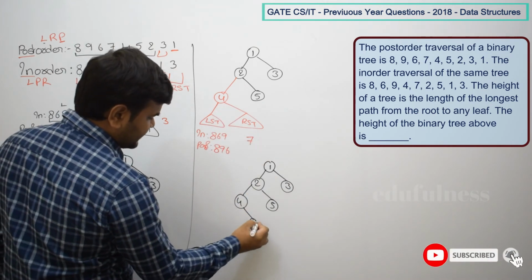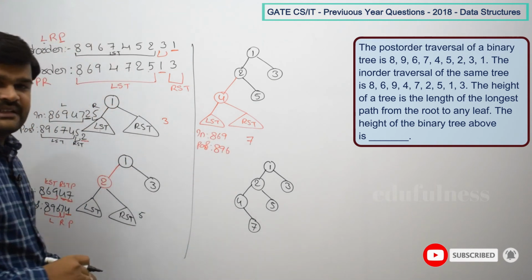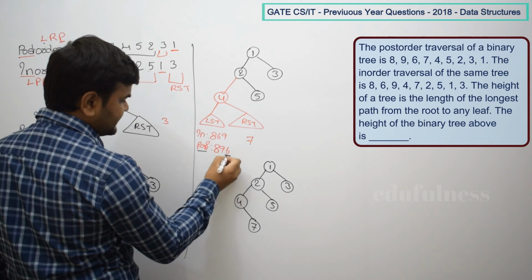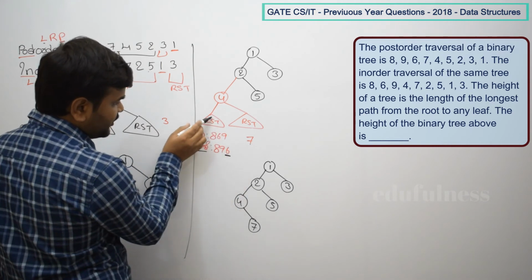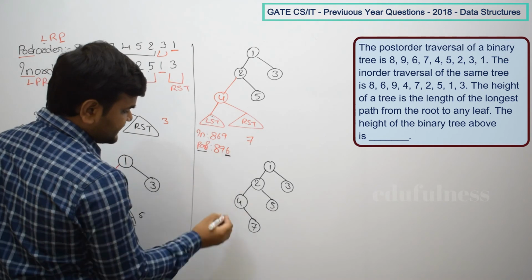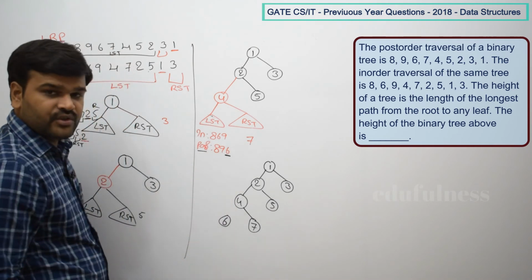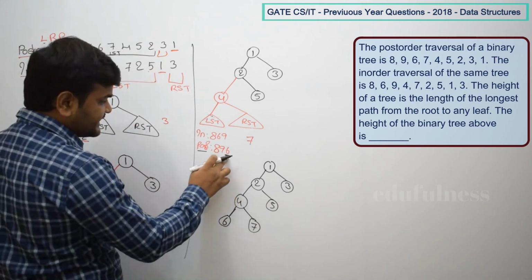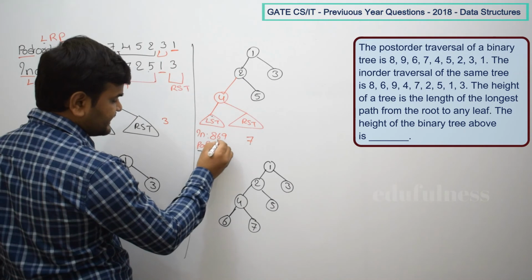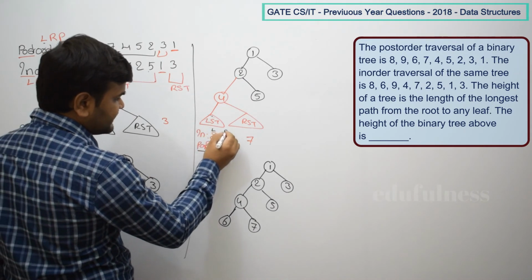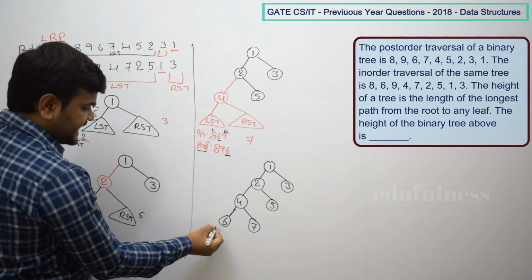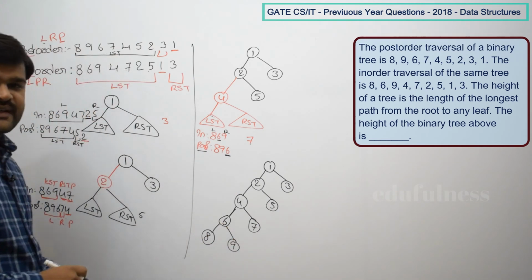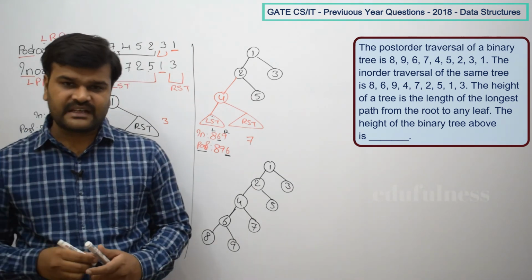Okay, same discussion. Now if you come here, same thing in the post order, whoever is at the last, that will become the root node in this subtree. So 6 is at the last, that is the root node, that will become the left child of 4. So where is 6 in the in order? 6 is here, right? So this is the left child and this is the right child. So from this directly you can take 8 and 9. Okay, so here recursively you have to work always.